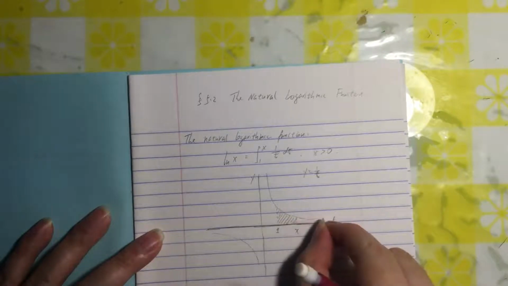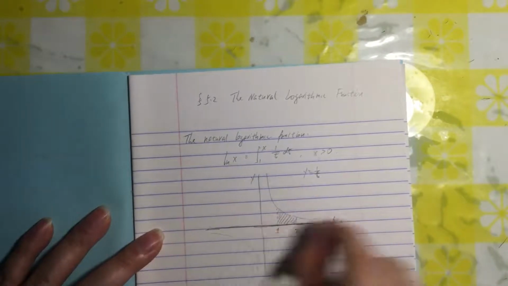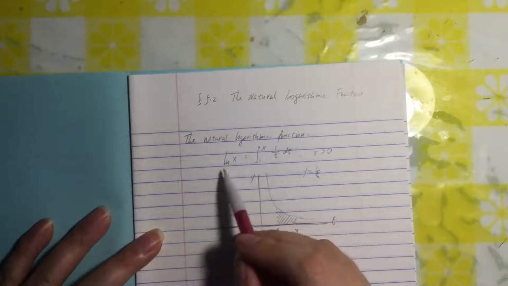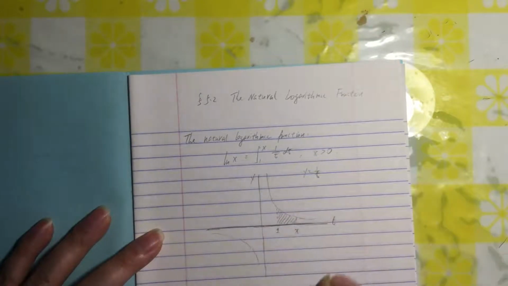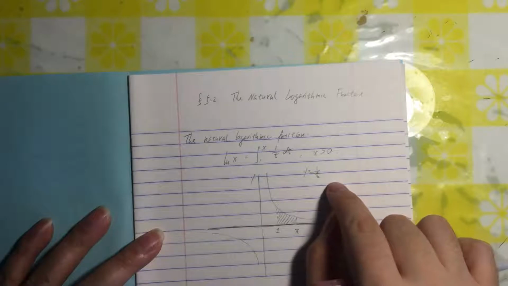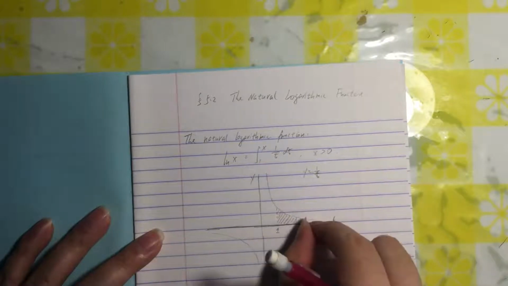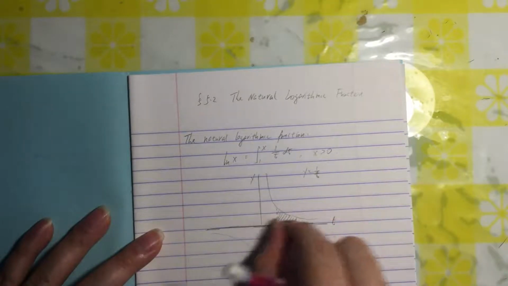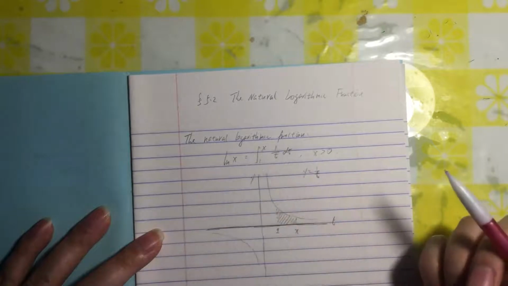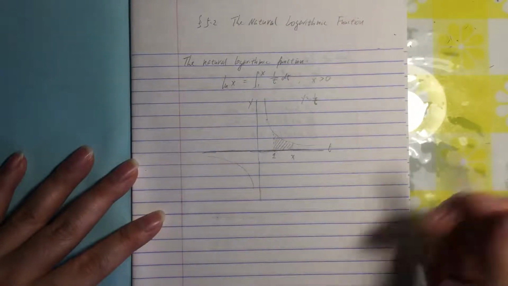As x varies, the value of the function changes. So ln of x is a function. It represents the area under the curve y equal to 1 over t from 1 to x. As x changes, the area changes. So that's a function of x. And based on the graph, we can see that